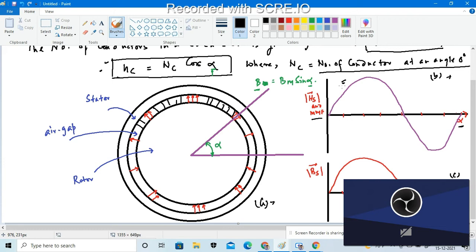In that case, the AC machine stator winding distribution will produce a sinusoidally varying air gap flux density, as well as the number of conductors in each slot indicated according to the sinusoidal behavior of H_S and B_S. So the magnetomotive force resulting from the windings is compared with the ideal distribution, right?